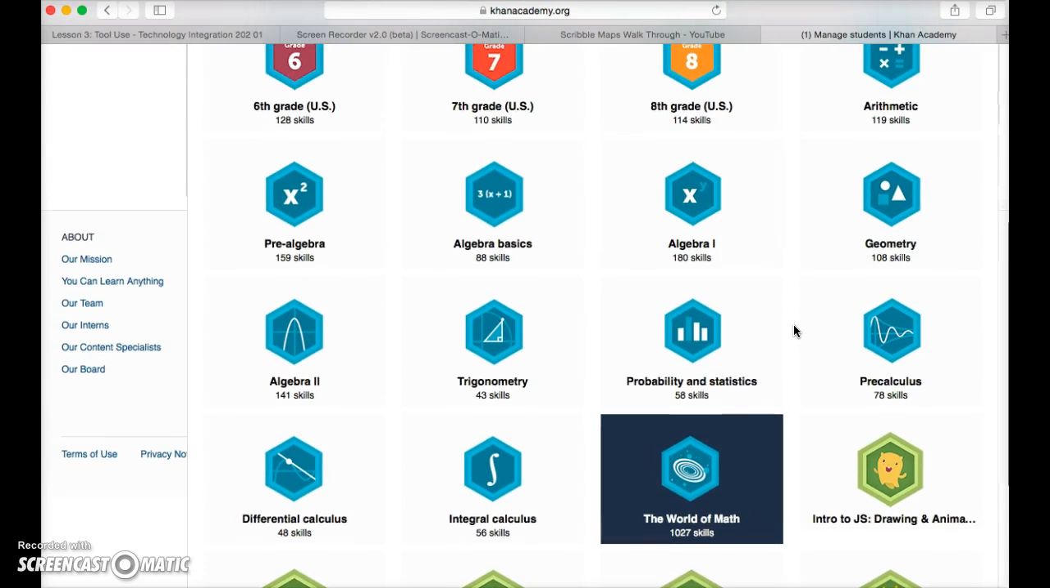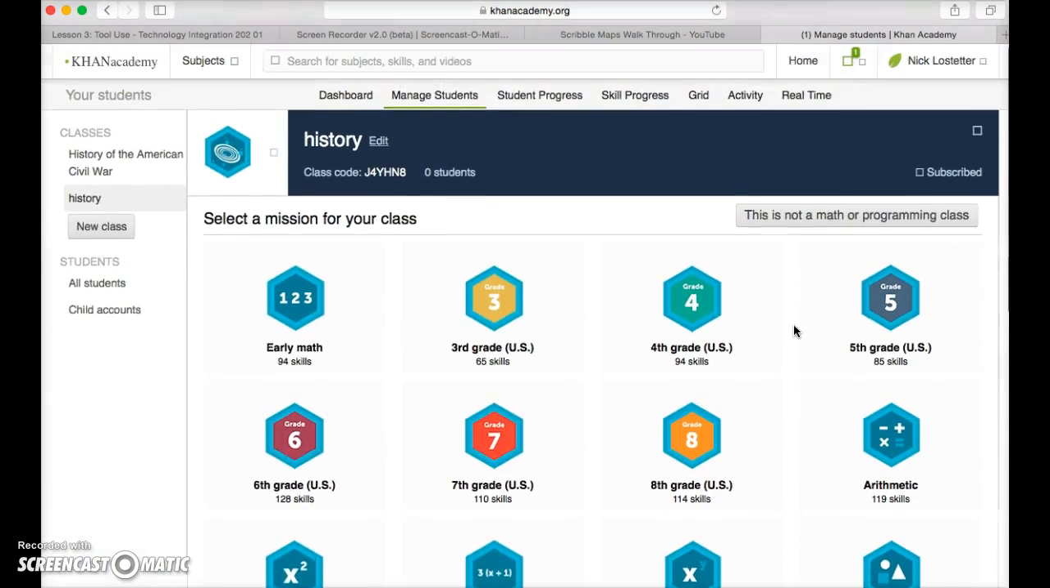So again, I wouldn't use it to substitute a complete class, which I think is part of what this is supposed to be, that it can be an entire class that you can do almost entirely online. That wouldn't be my objective. My objective would be to just add to the class by doing a couple of activities online